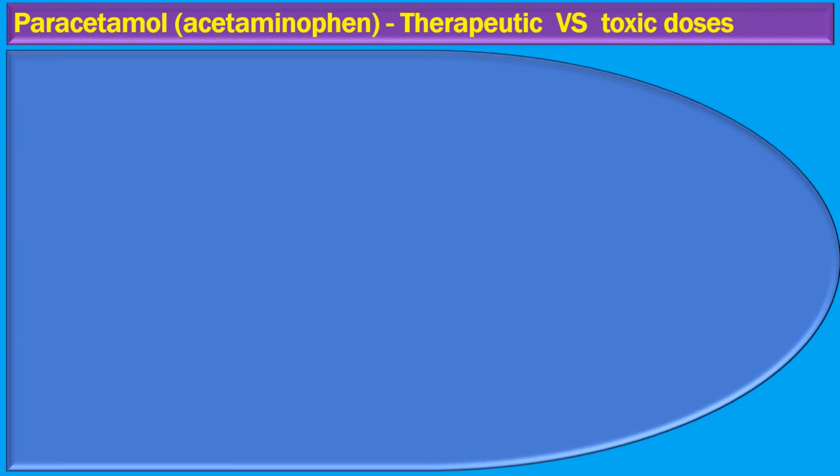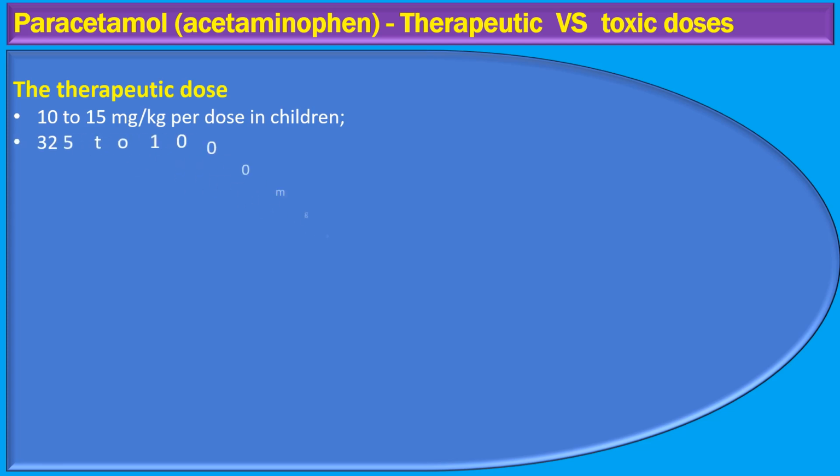Acetaminophen is a common analgesic that's available in two forms: an immediate release, for quick pain relief, and an extended release, for sustained effect. When we talk about dosing, it's tailored to the individual. For children, we're looking at 10 to 15 milligrams per kilogram of body weight per dose, while adults typically require between 325 to 1,000 milligrams per dose. This is usually administered every 4 to 6 hours. But remember, there's a cap to how much you can take in a day: 80 milligrams per kilogram for children and 4 grams for adults.